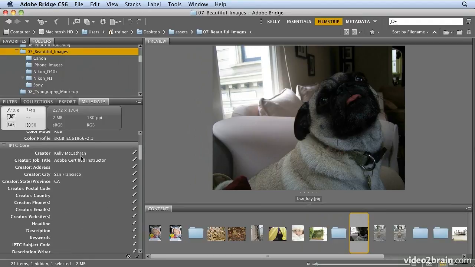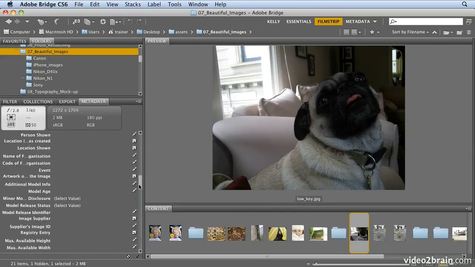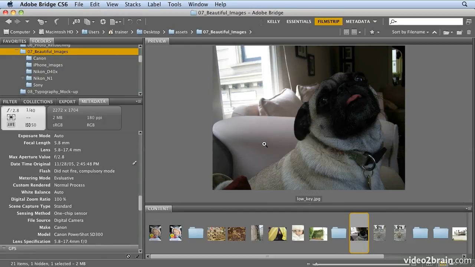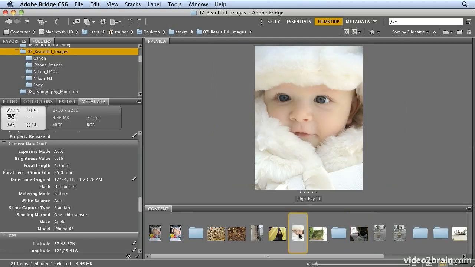firstly, I could see that I put myself in as the creator. I could see I have a title, what city and state I live in. I could see it was taken in 2005, and I could see it was taken with my old Canon PowerShot SD300. If I select this image in the last year, it was taken in December 2011, and it was taken